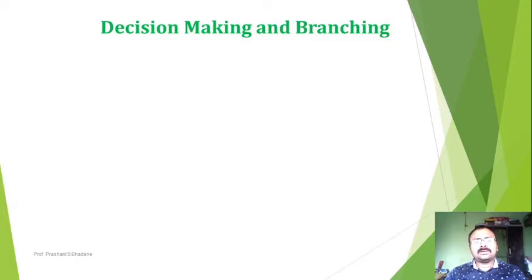In this lecture we will see decision making and branching. In decision making we decide which code is executed after one of the conditions is true or false, depending on the conditions. Now, in the decision making,